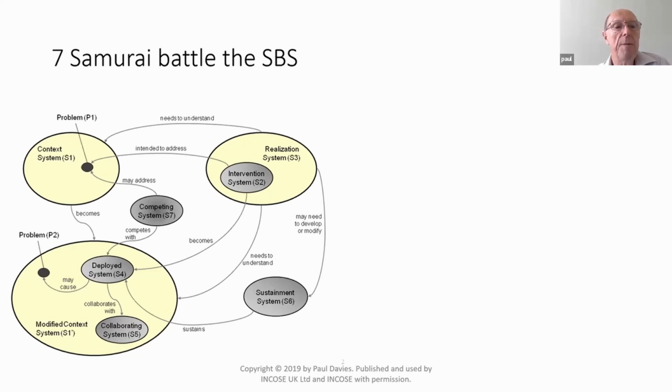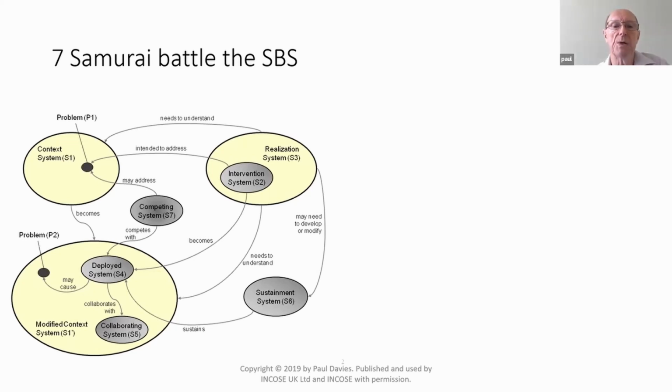All right, and that in itself may cause some new problems, P2. But along the way, the problem may be being caused by a competing system, and the competing system is still going to compete with our deployed system, so that's S7. But also, we don't magically get from a piece of paper to a deployed system, S4. We have to envisage an intervention system, S2, which starts from the blank sheet of paper and creates the deployed